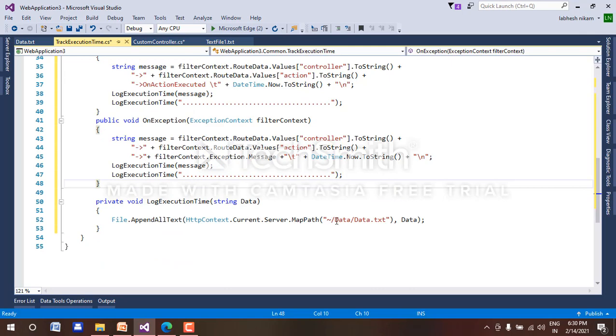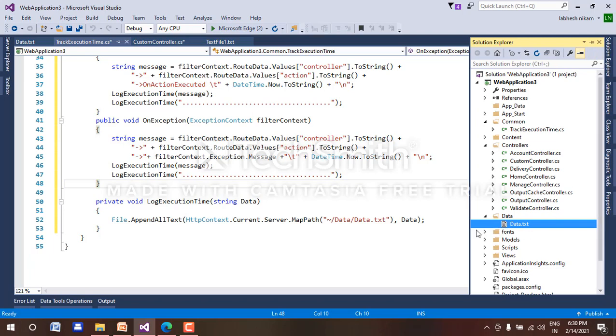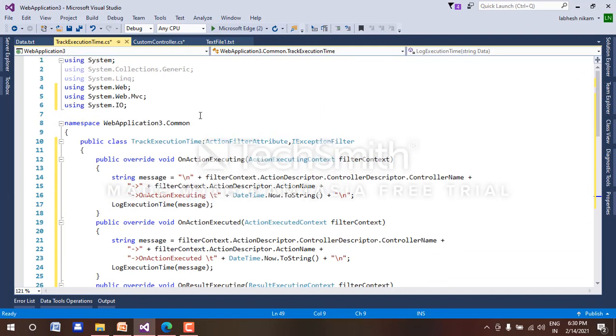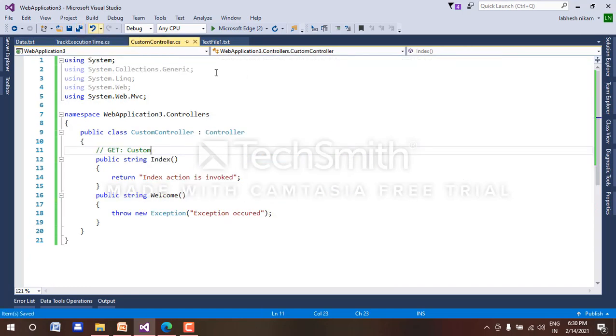This path is for this data folder and data.txt. So when the log is executed, it will be sent to this data.txt. Save it and let's save this controller side method.